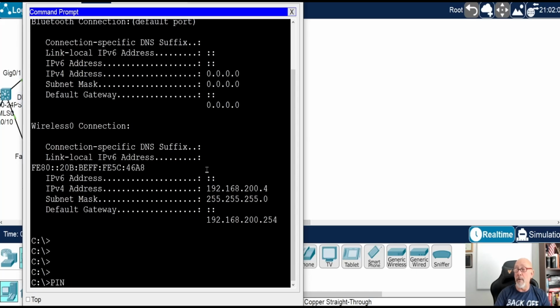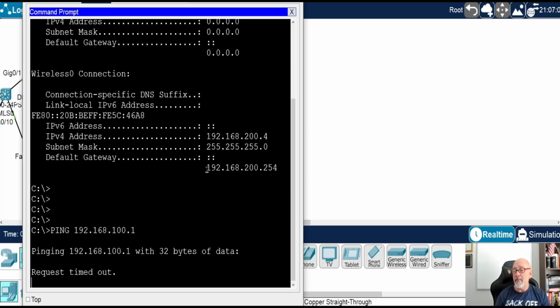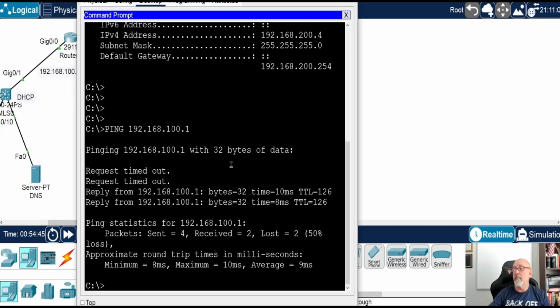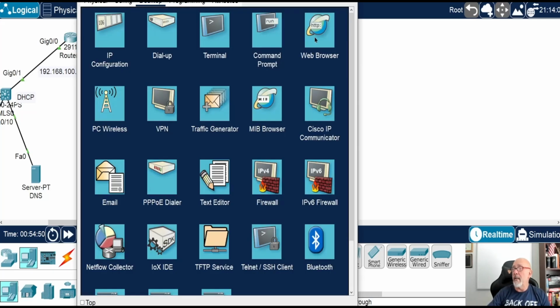First, let's ping before we try the website again, right? 192.168.100.1, which is the DNS server address. I'll wait. I'll have patience this time. Maybe. Oh, come on. There it is. Okay. Yeah, I don't have patience. So we have connectivity. So we should be able to get to globed.net.